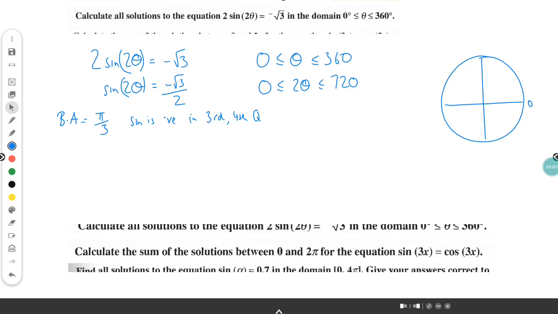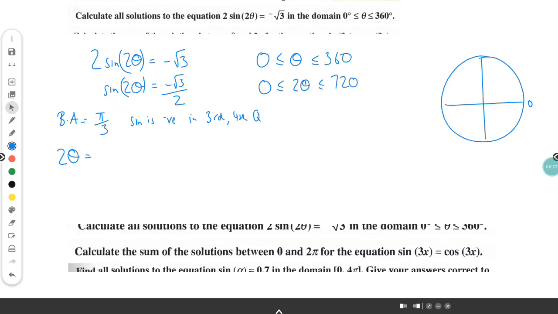Alright, now here's the trickier bit. Alright? So, 2 theta equals, okay, in third quadrant, now I'm doing the degrees here, so it's pi or 180, so it's going to be 100, I'm actually going to use,